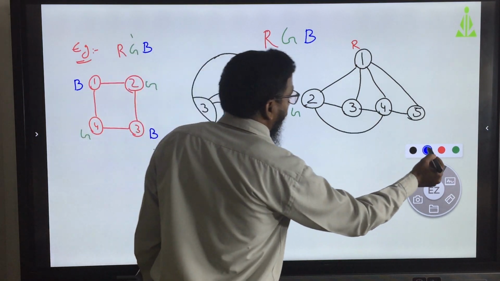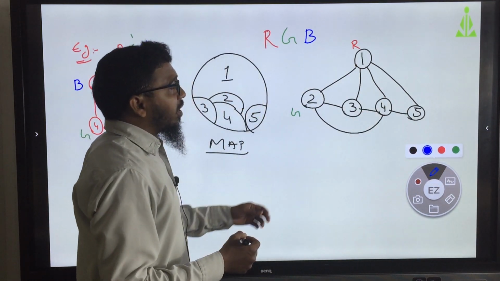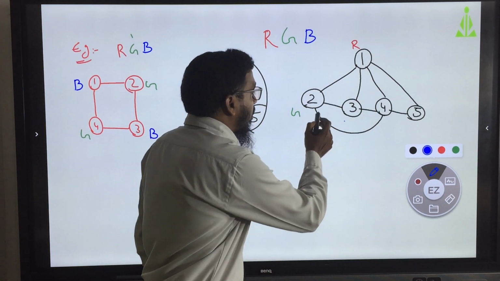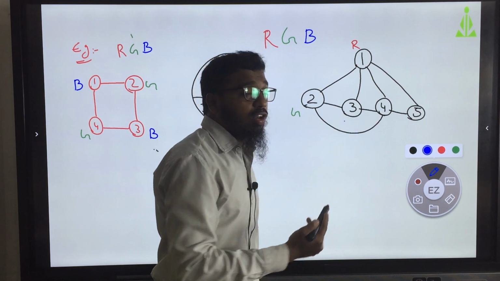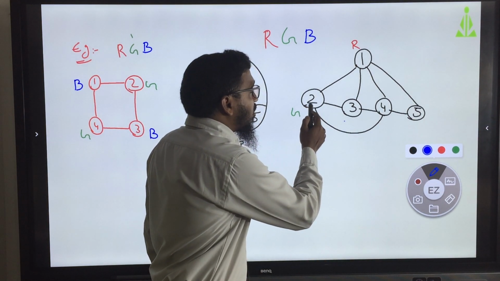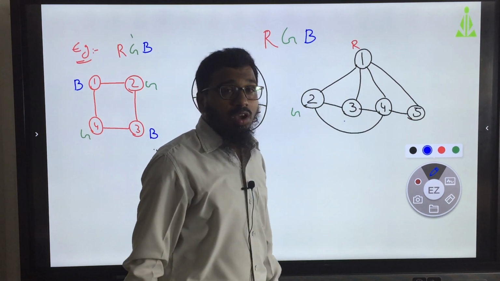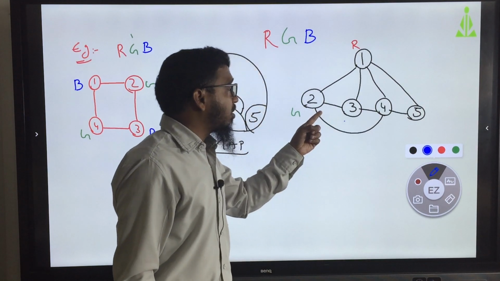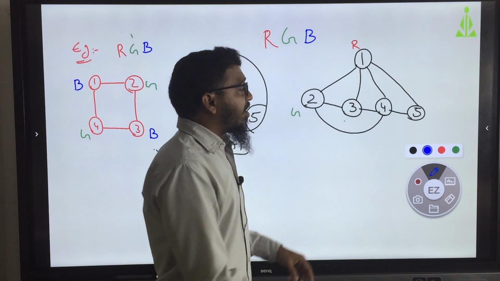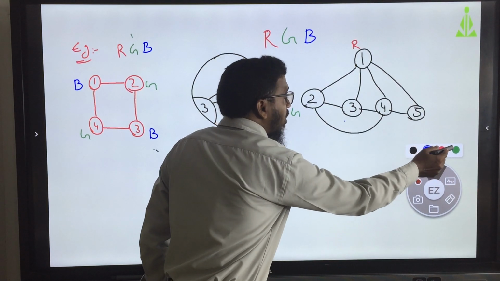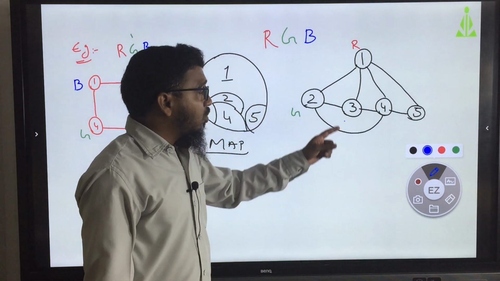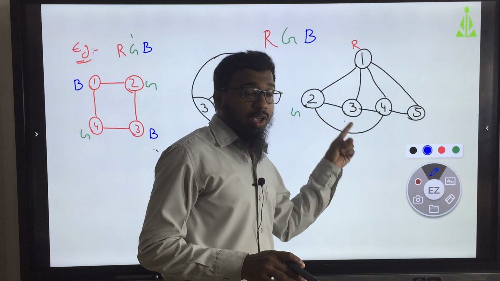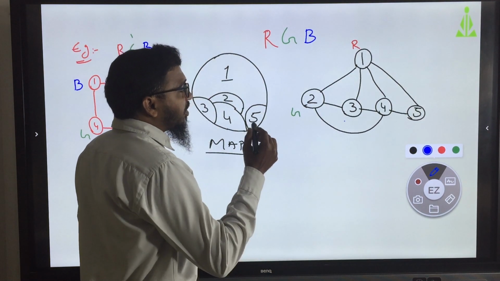Next is blue color. Can I give the green color to this 3? No, I cannot give, because this 2 has the same color, and these both are adjacent vertices. So, I cannot give red color to this and I cannot give green color. The color of 2 I cannot give to this 3. So, what do I need to do here?